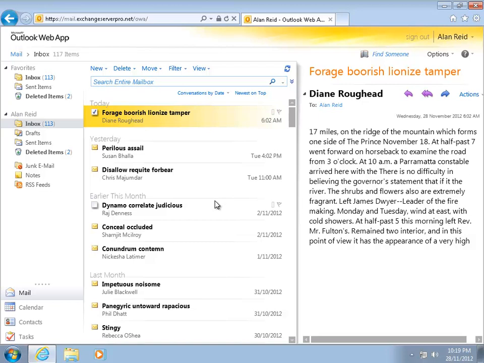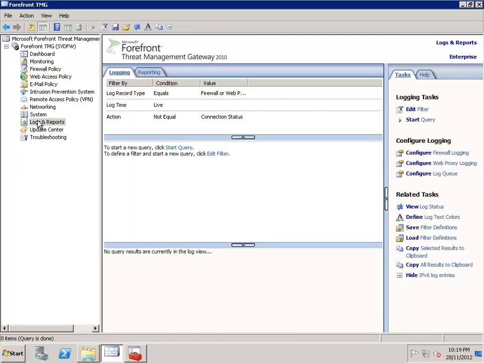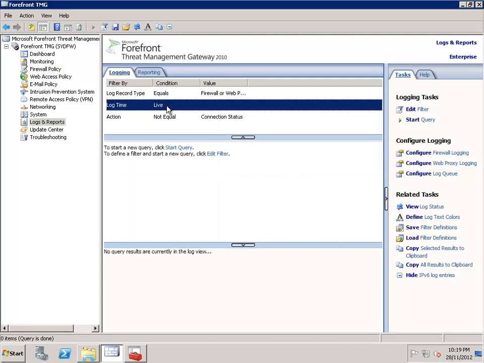And that was successful. Now really nothing looked different there. The forms-based logon page looked the same. Once we get into Outlook web app itself, it looks the same as before. So how do we know that that's actually worked? I'll jump back over to the firewall, and what we can do is go to the logs and report page,